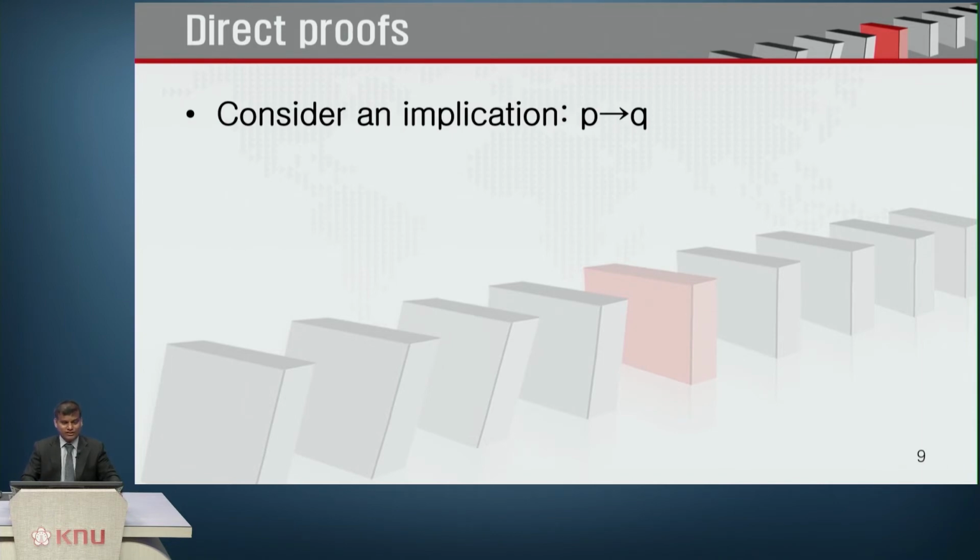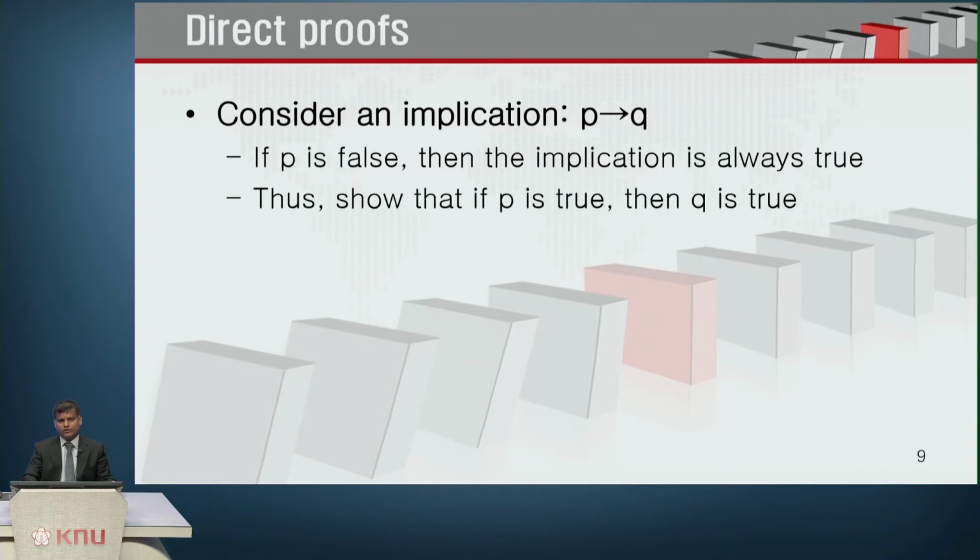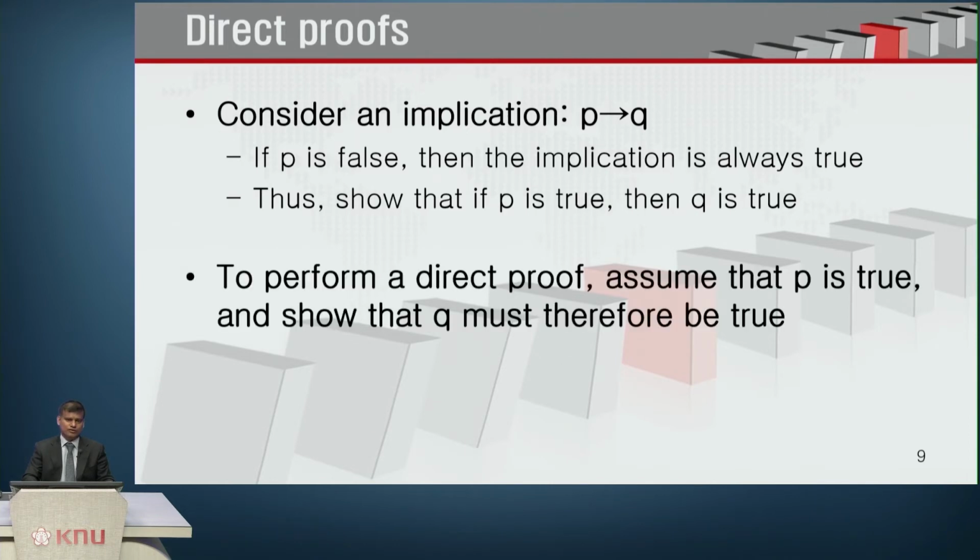Consider this implication: P implies Q. With this thought of P implies Q, if P is false, then the implication is always true. So thus show that if P is true, then Q is true. So it's kind of a direct proof. Just show that P is true, and then you know that